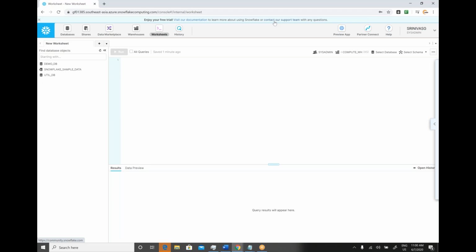So I hope you understand how to create an account, how to add a user, and how to log into Snowflake. As this is the first time, it was automatically logged in.